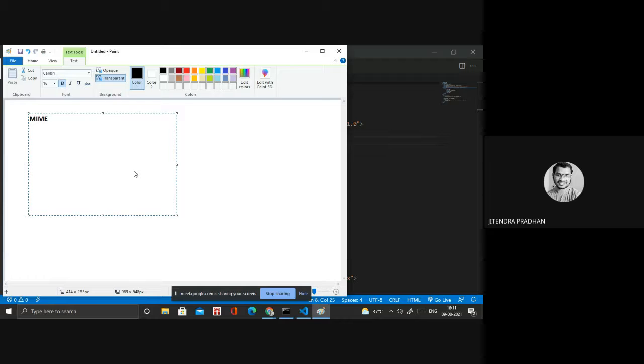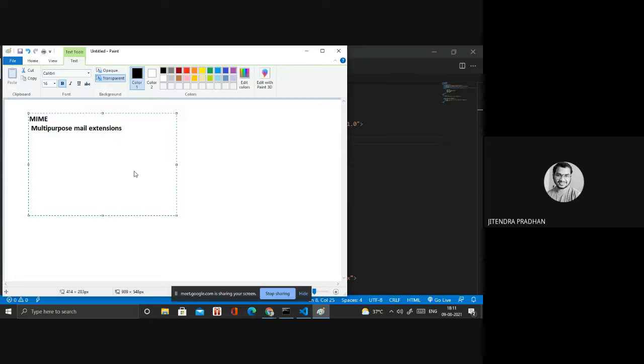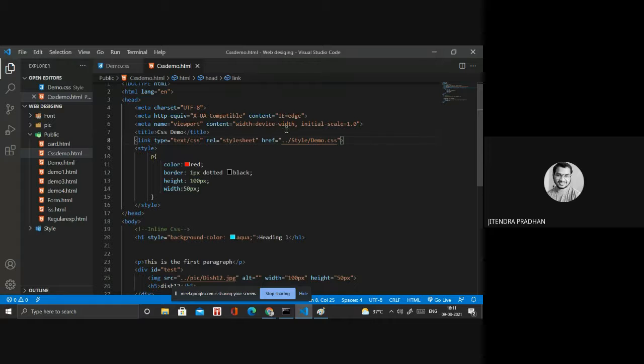The full form is multi-purpose mail extension. So it needs to be defined inside the link.